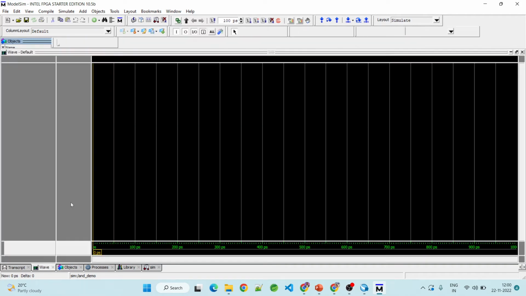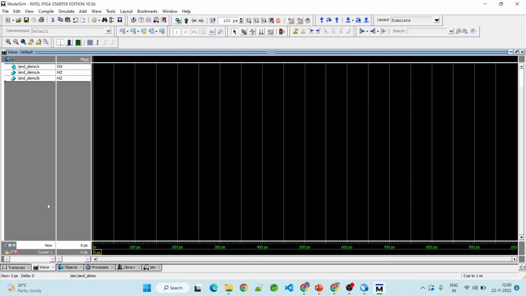So as you add it to wave, it gets added to the wave here. And here conveniently we can move the variables up and down. For me, conveniently I keep the output at the bottom and inputs at the top. Then to check the functionality, we right click on the A variable and as you right click, it will